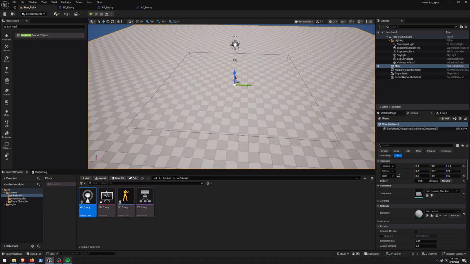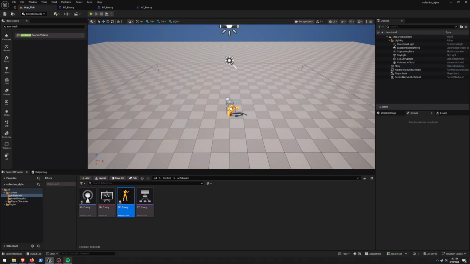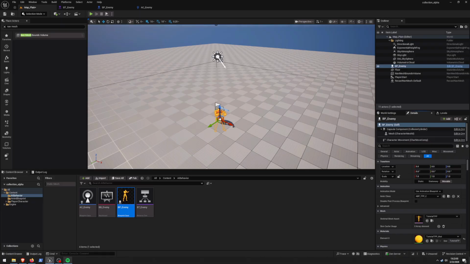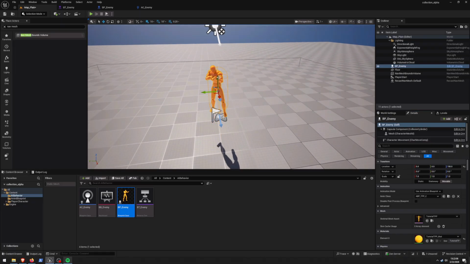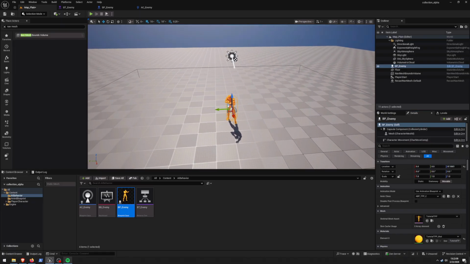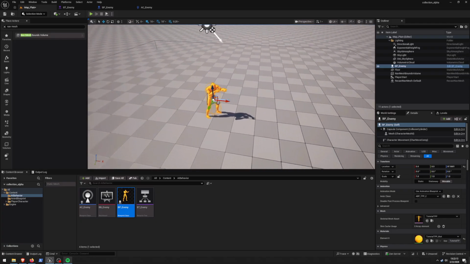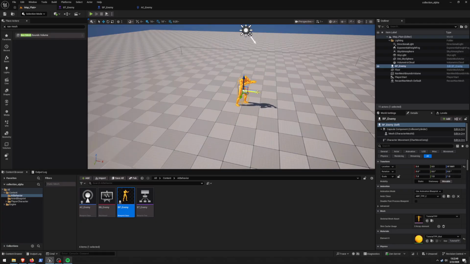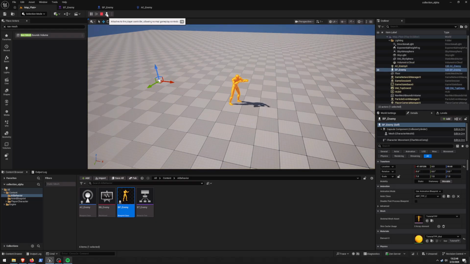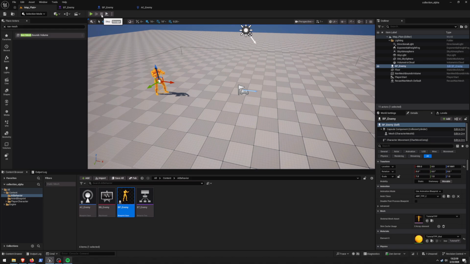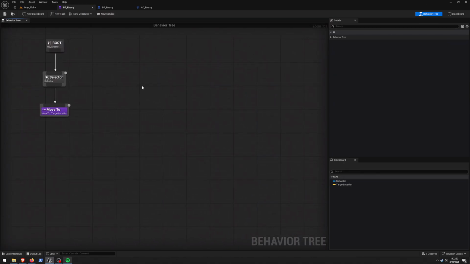So I'm going to hit P again to remove that, and we'll drag out an enemy here, reset to 0, 0, 0, drag it up and hit the N key. N key will drop an object down to the ground like that. So this is the position that the AI should walk to. Let's rear it back a bit and simulate the scene to see if it does. And there we go. If we stop this and head back into our behavior tree here, we can hit Alt-P,